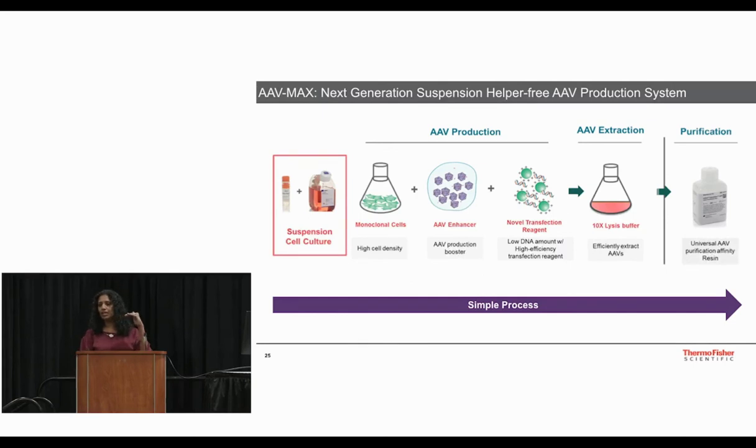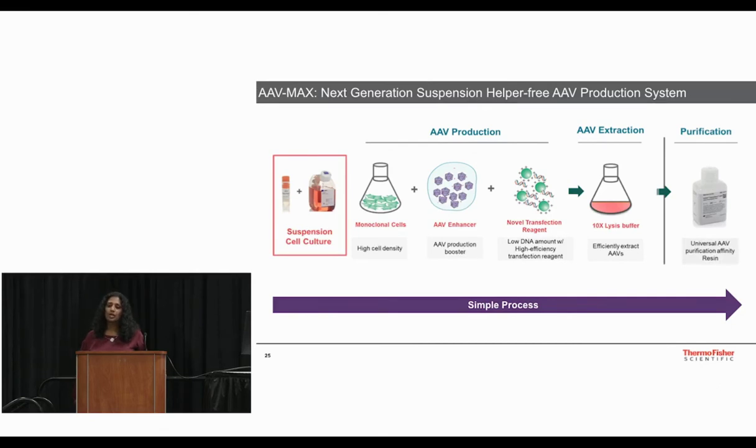So usually in the field where people are making these AAV, sometimes they have to centrifuge the cells and then isolate the harvest. Think about bioreactors that are large. You cannot do the centrifugation. So what we have done with the lysis buffer is directly adding this lysis buffer into the culture. So you can lyse the cells in cell culture and then use it downstream for either TFF or other downstream